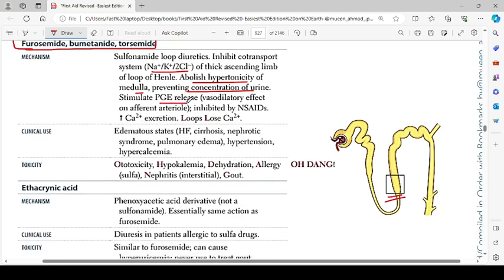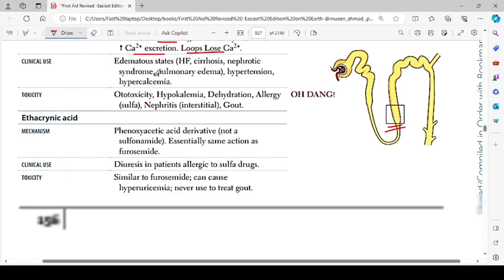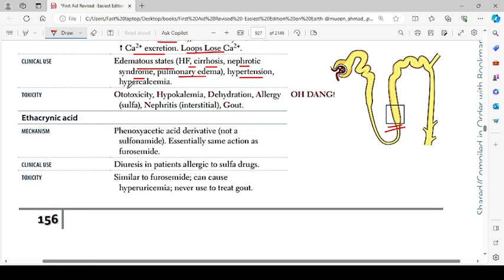Stimulates the prostaglandin E release, vasodilatory effect on the afferent arteriole inhibited by the NSAIDs, increased calcium excretion and loops lose calcium. The clinical use: edematous states, heart failure, cirrhosis, nephrotic syndrome, and pulmonary edema, hypertension and hypercalcemia. Toxicity includes,